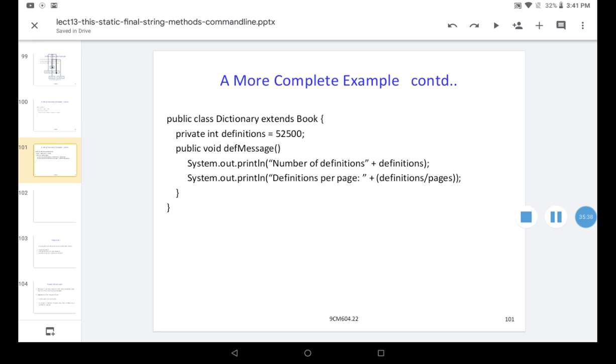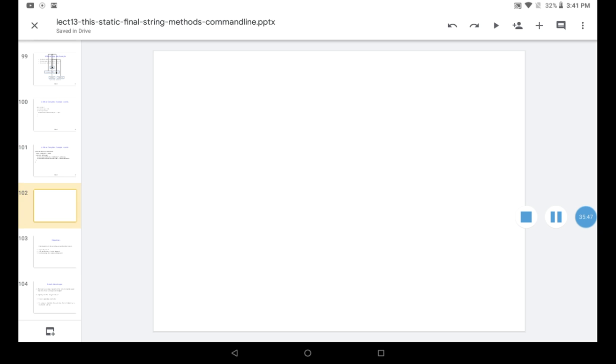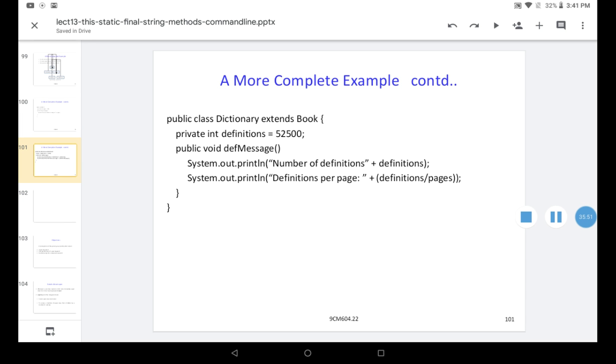That means dictionary is accessing the pages variable. That is how we print that message, definitions per page. So that is the simple example.